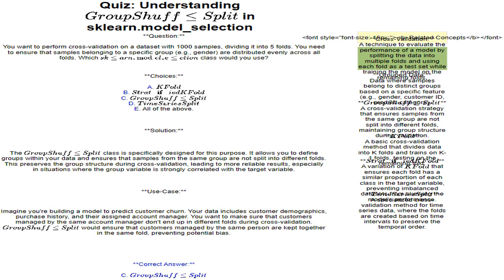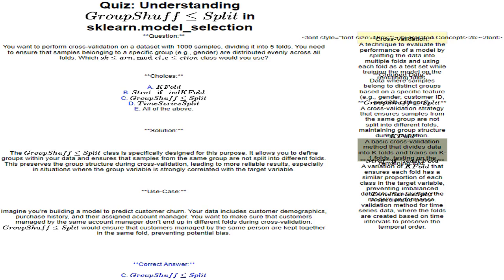potential bias. A technique to evaluate the performance of a model by splitting the data into multiple folds and using each fold as a test set while training the model on the remaining folds. Data where samples belong to distinct groups based on a specific feature, e.g., gender, customer ID, product category. A cross-validation strategy that ensures samples from the same group are not split into different folds, maintaining group structure during